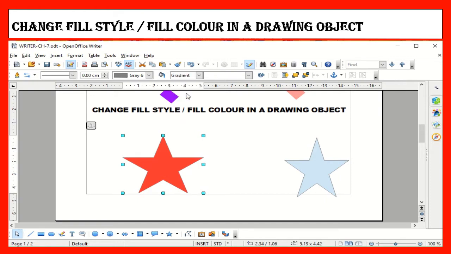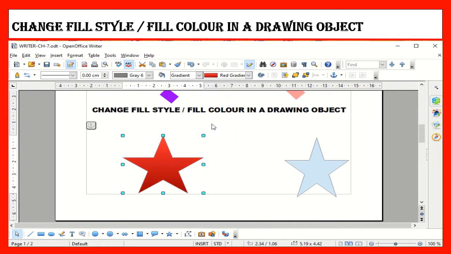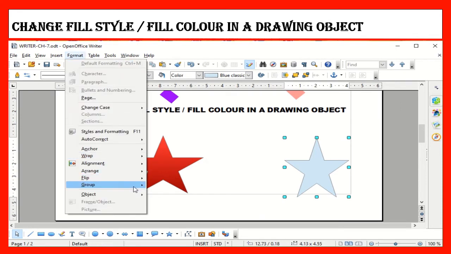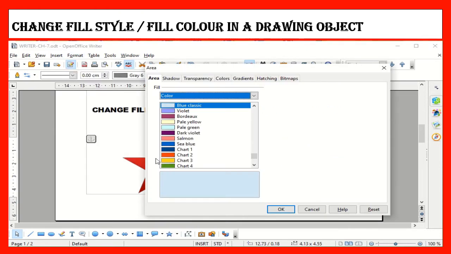You can also select gradient. You can also give any of the required gradient. Another method is select the object, go to format menu and choose object, select area. In the area box, could you able to see the tabs colors, gradients, hatching, bitmap.